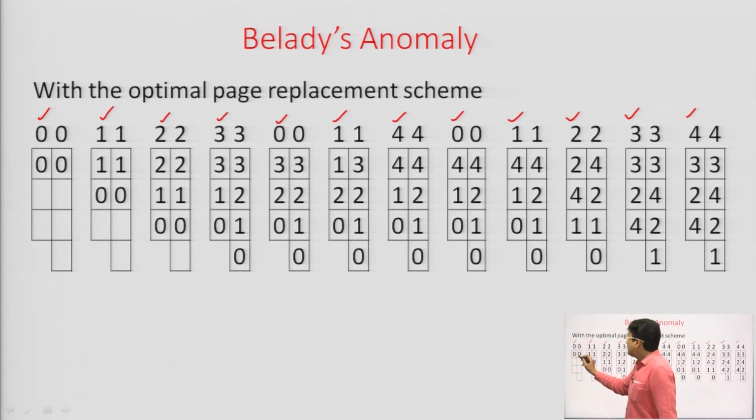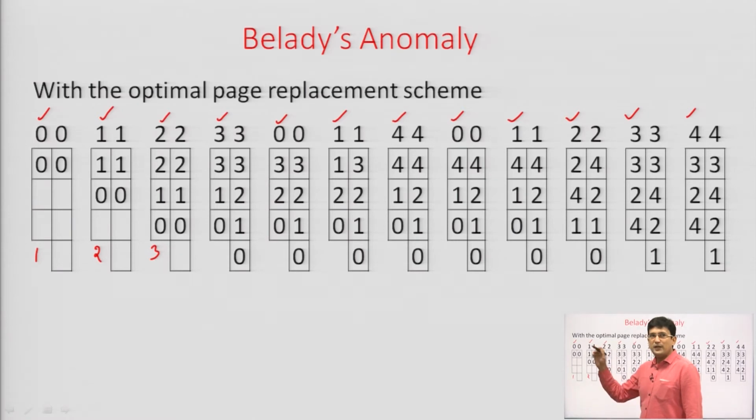The page number 0 which is referenced is not present in the list, so we will bring it. So, there is a page fault here, and we are counting it as 1. Then page 1 is also not present, so page 1 will be brought from the virtual address space. So, 2 is the count. Then 2 comes and 2 is also not present. So, this again is a page fault. We bring the page from the virtual address space to the main memory frames. So, 3 page faults have occurred till now.